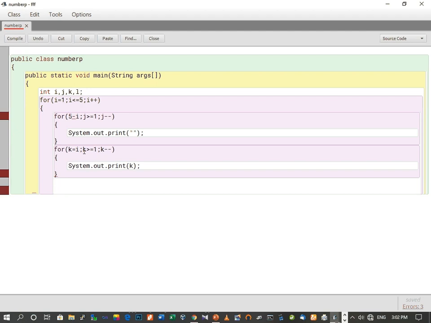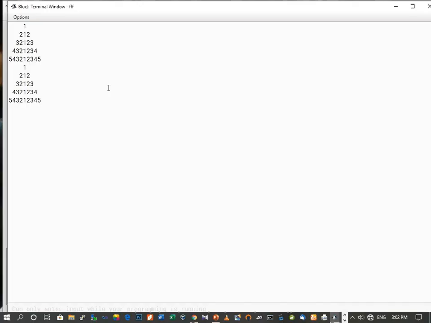triangle. So let's see the right hand side triangle first. Here you can see this is the right hand side triangle. This is starting from 2. So our variable value will start from 2 and this will be forward, and will go up to the current value of row number. Here as the value is 2, this will start from 2 and the current row is 2, so this will print only 2. Here the current value is 2 and this will go up to the current row number, which is 3. Third row, so 2 3 will be printed. Similarly here 2 3 4 and here 2 3 4 5.